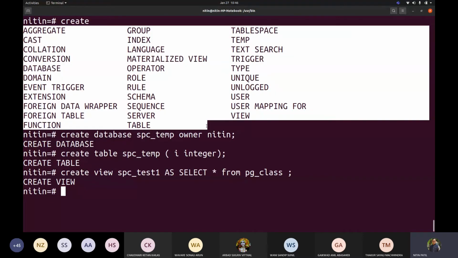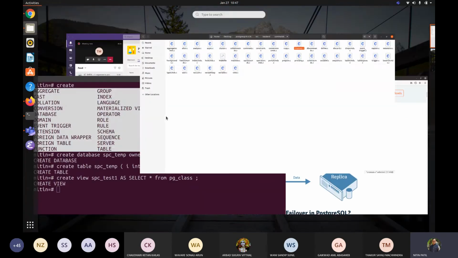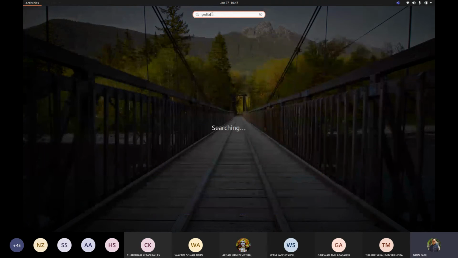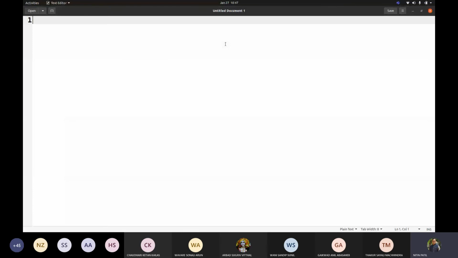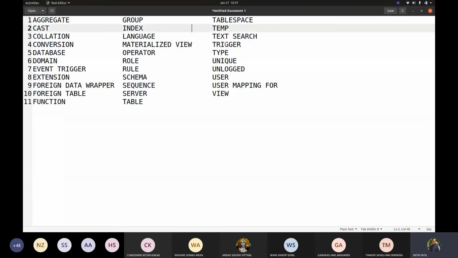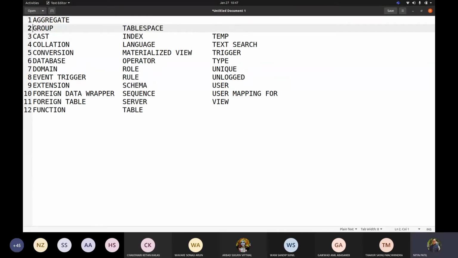Start with this. Let us say you copy these all, and then take gedit and paste them. Then you organize them in a proper way.